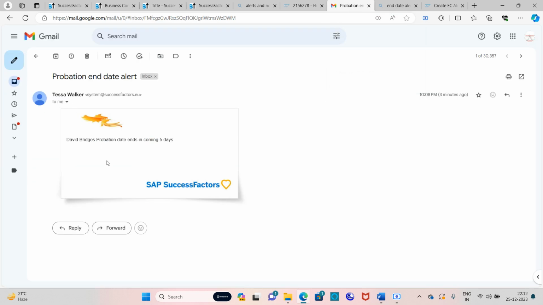So here Tessa Walker, and you can see David Bridges. In the sense I told you, we have kept some tags like subject user. So if any alert is going, it will take the employee name in that particular tag. David Bridges, probation date ends in coming 5 days. SAP SuccessFactors. So this is the